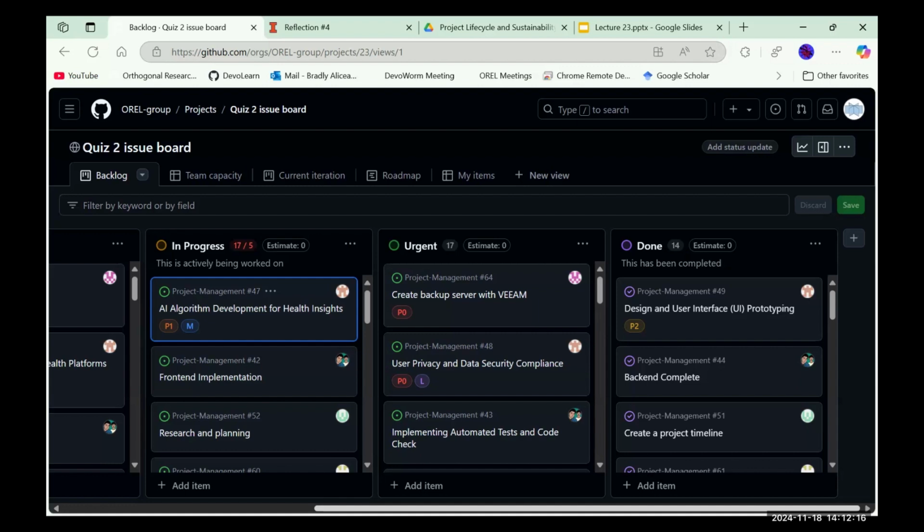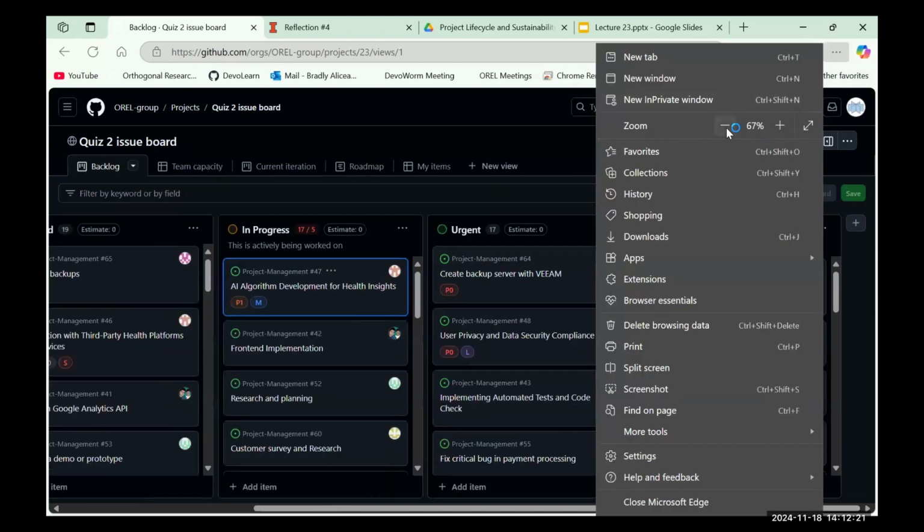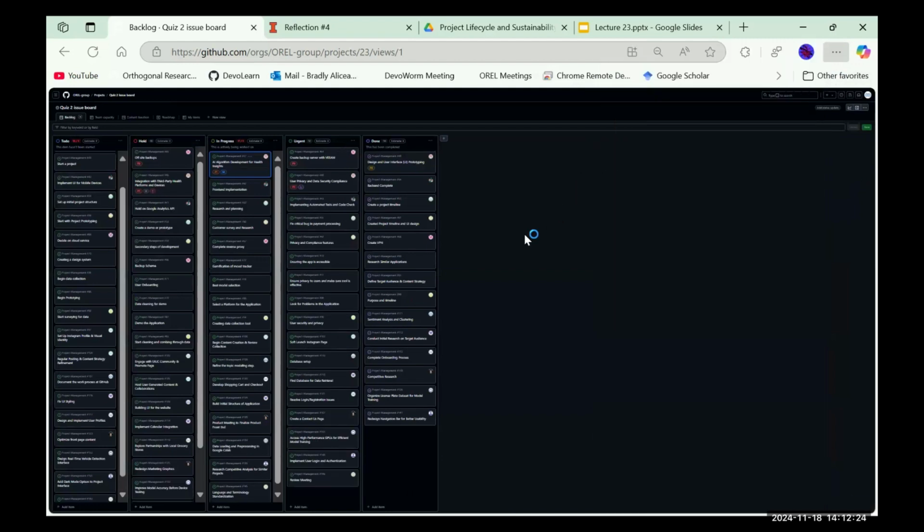Okay. So let me zoom out here and show the beauty of this board, because I think, you don't have to take a screenshot, but it's just nice to see it. It's very hard to read, but you can see how many cards we have here. We have a lot of things in to do, fewer things in hold, in progress, and urgent, and then fewer things are done, and that's what I would have expected. Because this is a process where you're cutting through it about 6 months in, and there are going to be more things to do probably than have been done, or even are in progress. So that's just a way to think about this board.